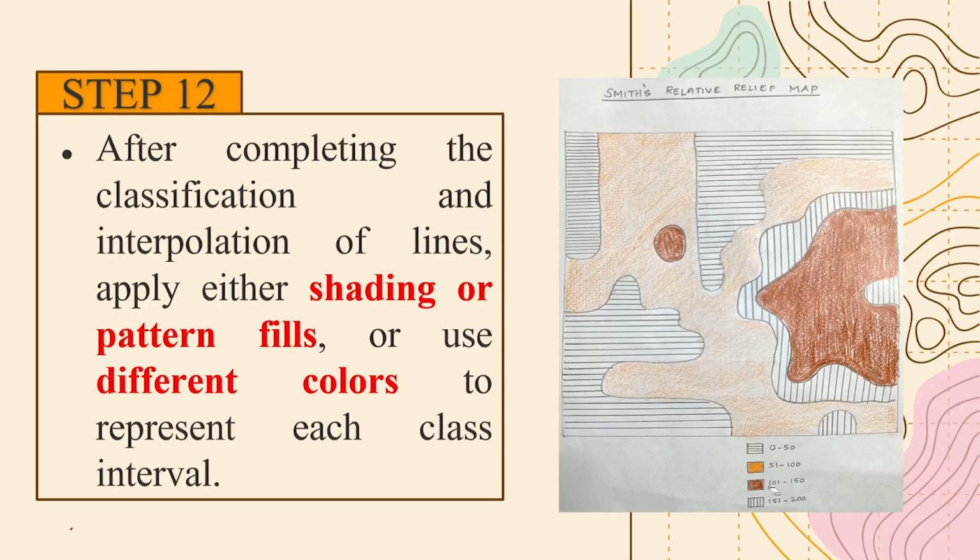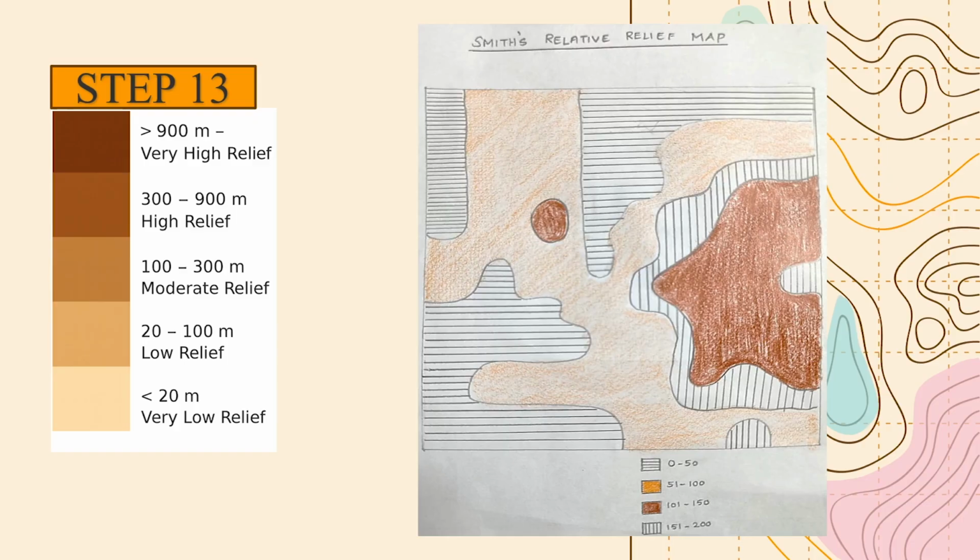So, here as already mentioned, we have class ranges, that is ranging between 0 to 50, 51 to 100, 101 to 150 and 151 to 200. So, what Smith did was, in order to understand different terrains that are placed within an area, he gave a classification and a set of values within which all these values will be classified